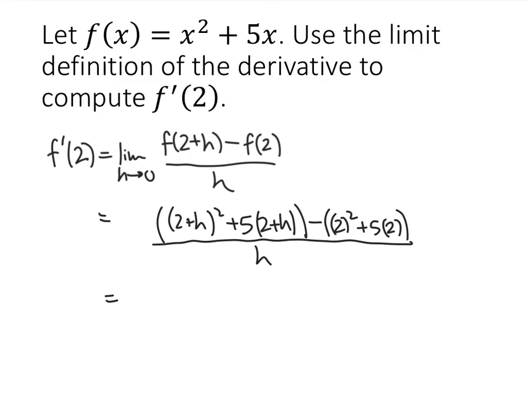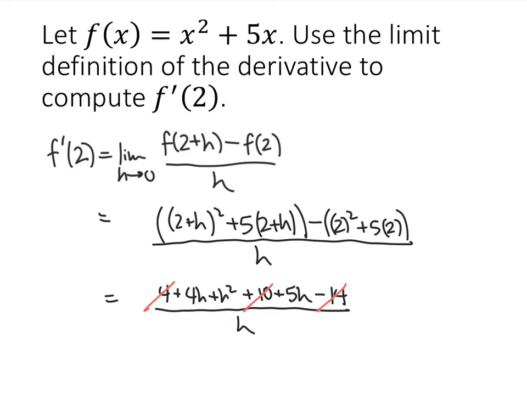When we multiply out 2 plus h squared, remembering to FOIL, we get 4 plus 4h plus h squared. 5 times 2 plus h is 10 plus 5h. And then 2 squared plus 5 times 2, that works out to be 14. Still all divided by h. Now we can do some simplification. 4 plus 10 is 14, so the 4 and the 10 and the 14 cancel out. We can simplify again because 4h plus 5h is 9h, so we get 9h plus h squared, all divided by